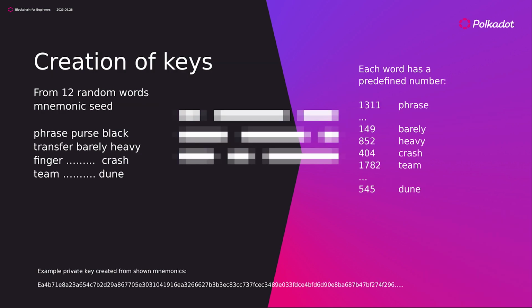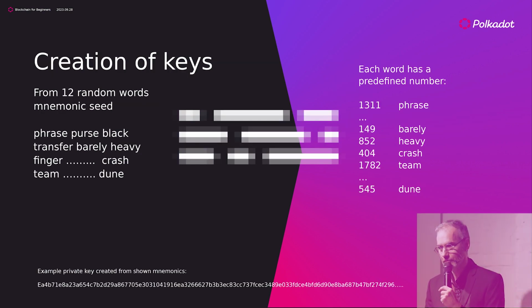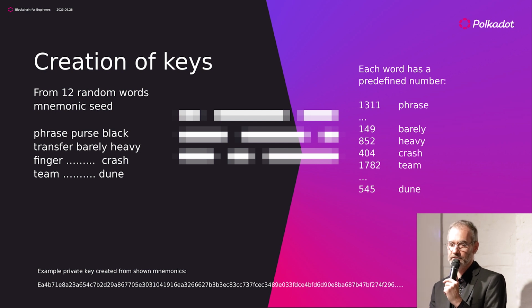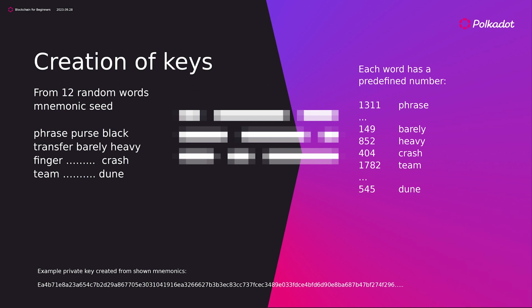When I need a private key, where do I get it from? Maybe most of you already went through the process. The standard way currently is that you create a mnemonic seed from 12 or 16 random words. The minimal is 12 words. Every word has a predefined number. And from that number set, a very, very long private key is derived. Here's an example, extra shortened so nobody can use it anyway. And that's a human-readable seed that should be stored, basically, to recover your own private key.